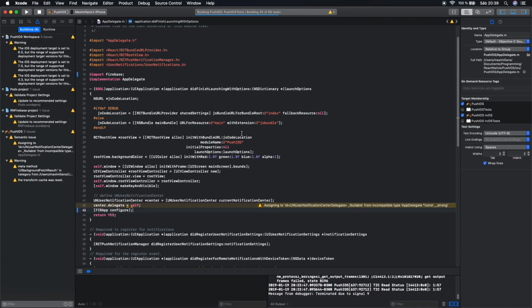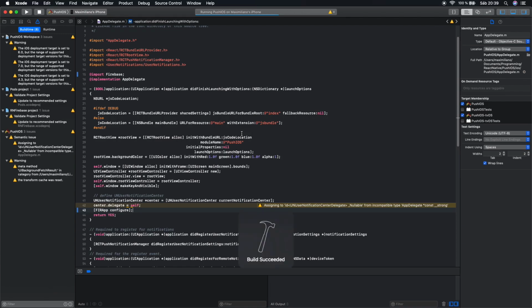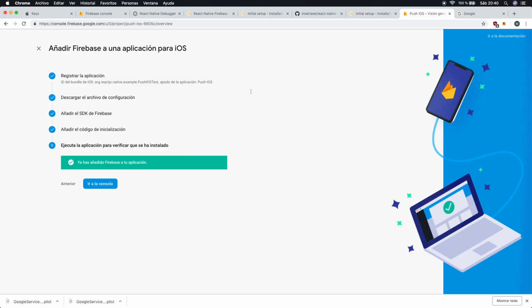Okay, we just need to wait. And yeah, as you can see, it works. So as you can see, Firebase was added successfully in our app. Nothing else changed. At the moment we don't have remote push notifications, so we have to keep working in setting up this